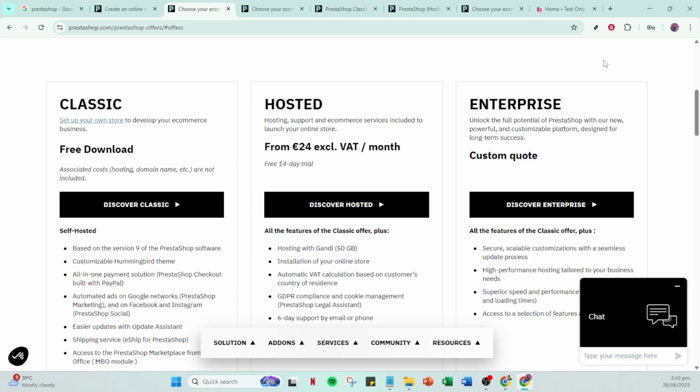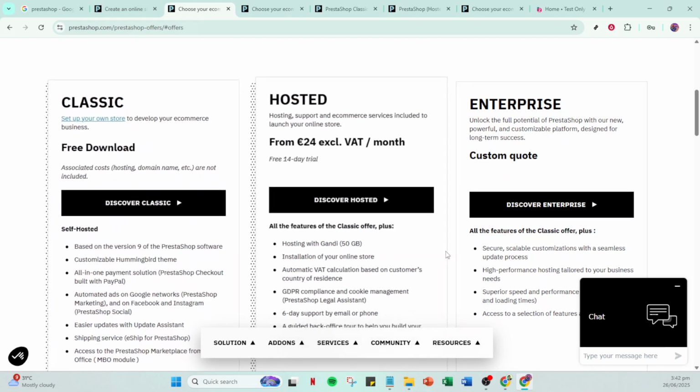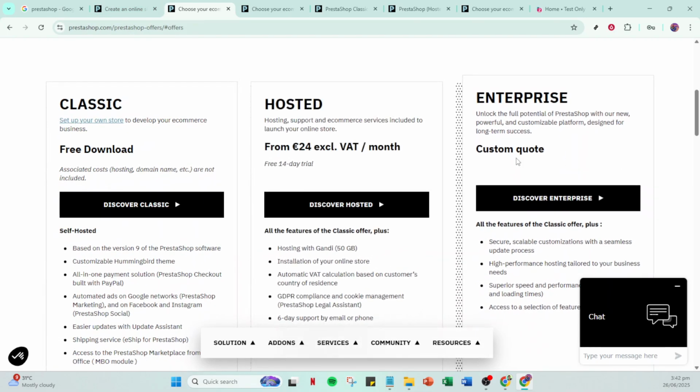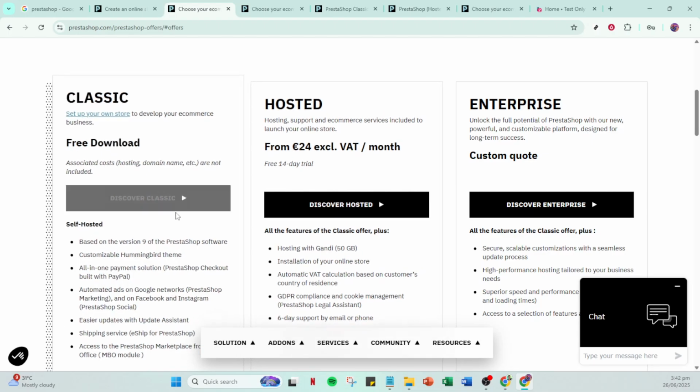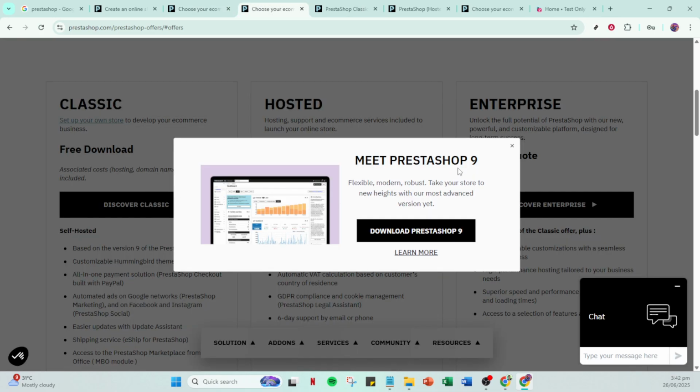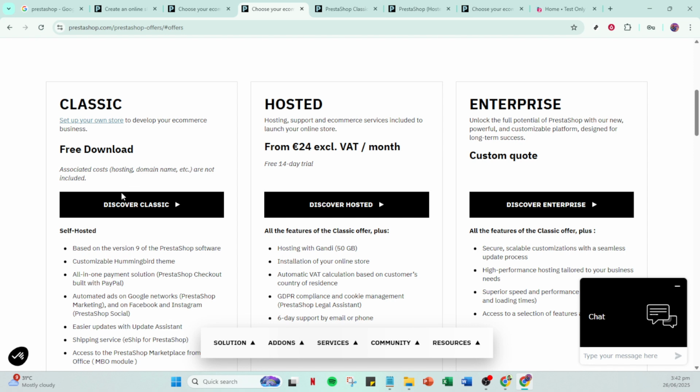On the next page, click on Show Offers to reveal the different types of setups you can choose from: Classic, Hosted, and Enterprise. Each option caters to different types of users and business needs. Classic is a great start for independent users looking to download and install Prestashop on their computers. If this option appeals to you, simply click on Download and follow the guided steps that Prestashop provides for setting